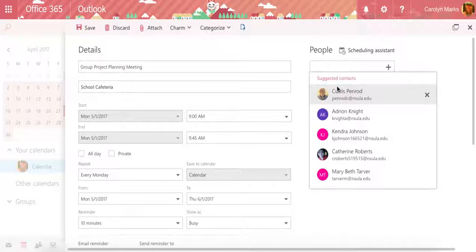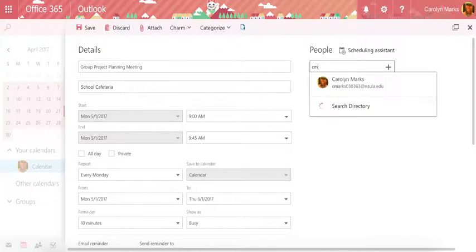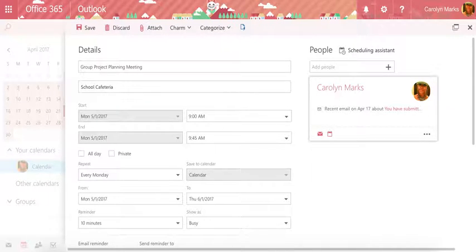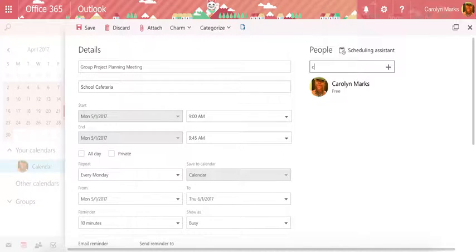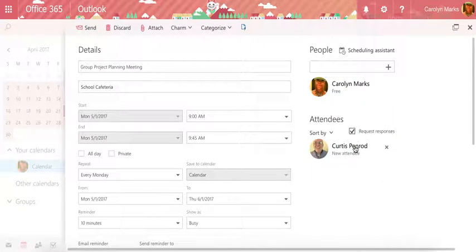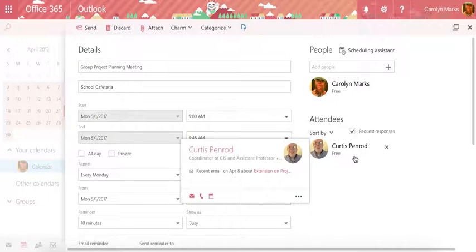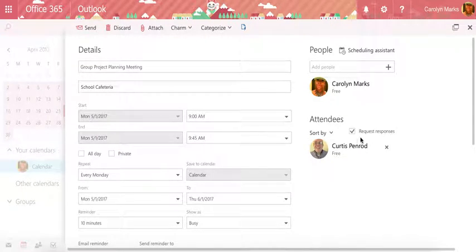Okay, and now that we've done all that, the final thing is actually adding that person's email. All right, so I have my suggested contacts that automatically pops up, and I can select one of those, or I can manually add someone's information in. Okay, and since this is just an example, I'm not going to actually send the invitation, but I can go ahead and add someone in and select. I'll just select me, for example, so that we can see, because it shows me, but then it also shows attendees. Okay, so for example, I'll just add Mr. Penrod here. Okay, and then it also says request responses. That basically means when this invitation is sent to Mr. Penrod, for example, to meet with me about my group project,